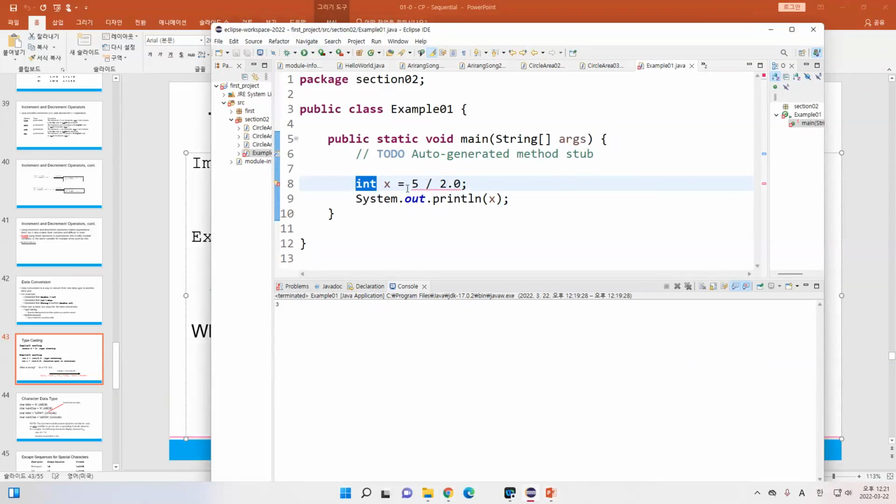That's why we need to have the casting, and you can just put parentheses like this one. So the result will be 2. Even though we know that 5 divided by 2.0 is 2 point